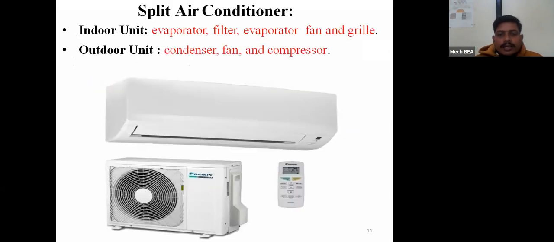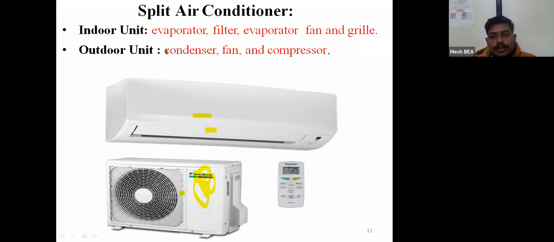Then the next one is called the split air conditioning system. You might have observed such types of devices. In our TPO hall as well as the international seminar hall, you might have observed them. This unit is called the indoor unit. It will be mounted on the wall, and outside the room, or on the roof, you can have the outdoor unit. This will be called the outdoor unit, and this will be called the indoor unit.